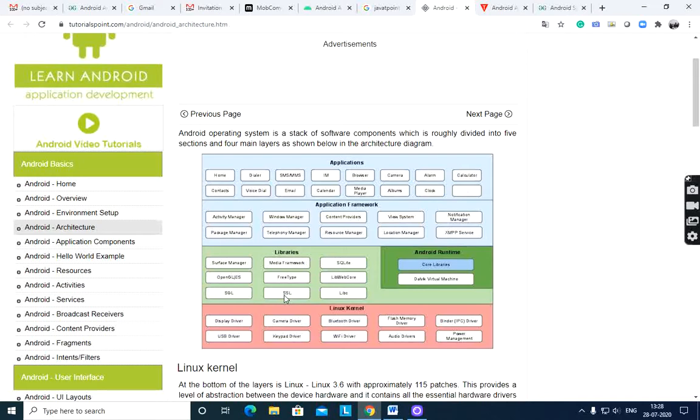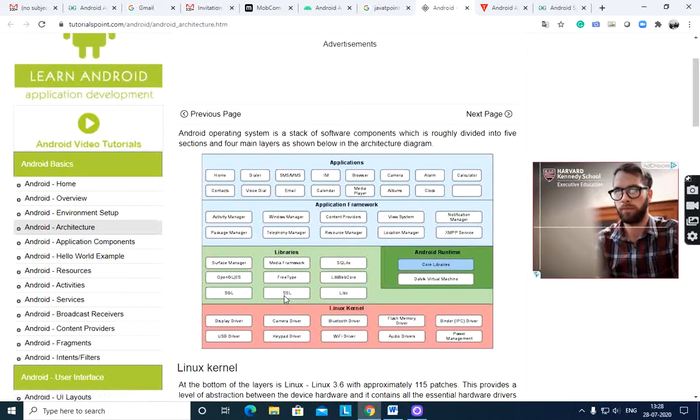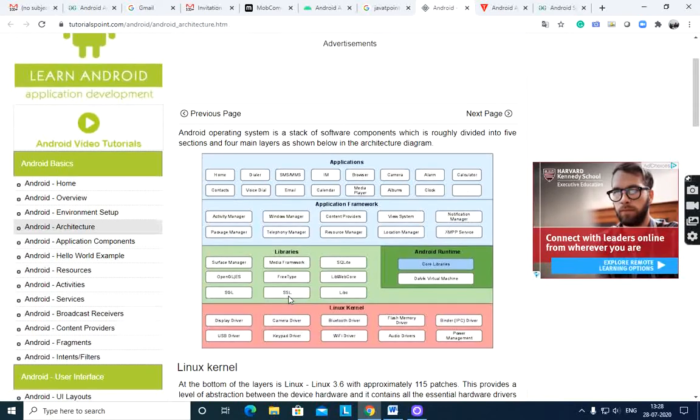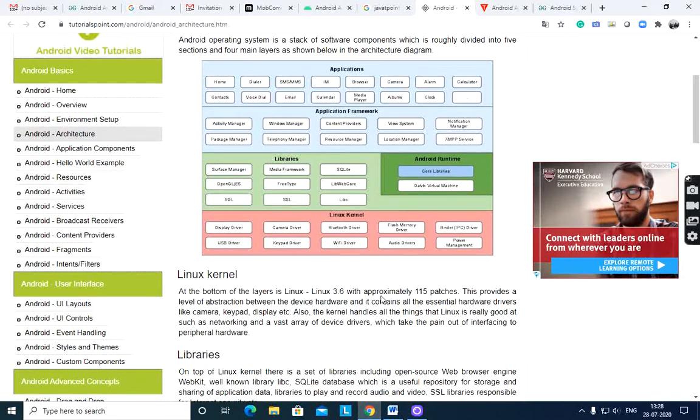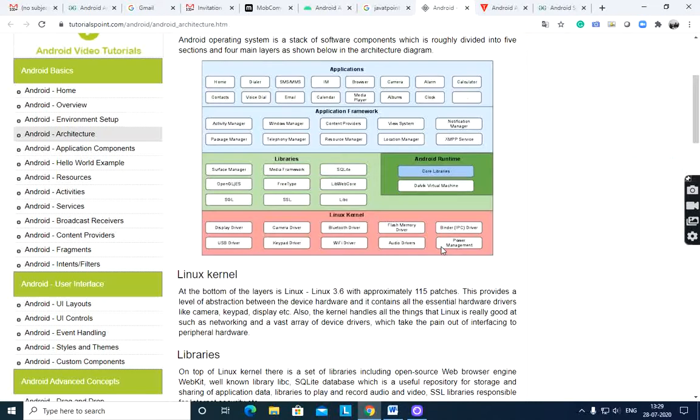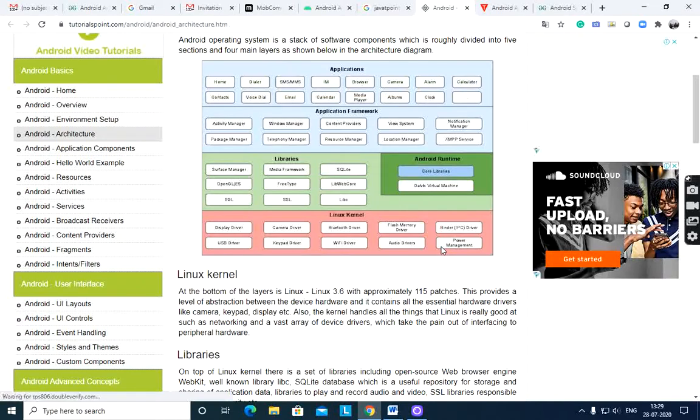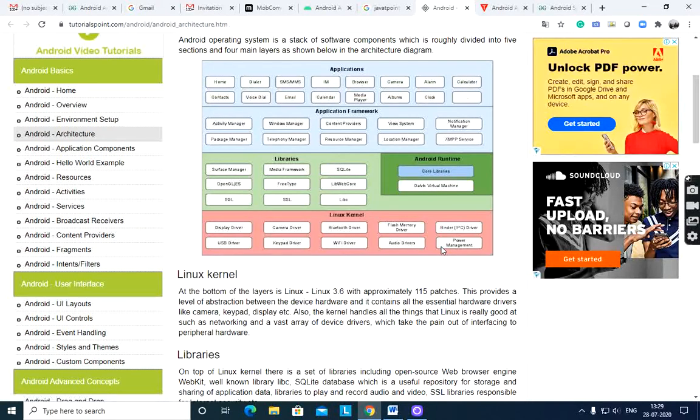Linux kernel is the heart of Android architecture. It manages all the available drivers such as display drivers, camera drivers, etc., which are required during the runtime. The Linux kernel provides an abstraction layer between the device hardware and the other components of Android architecture. It is responsible for management of memory, power, devices, etc. The features of the Linux kernel are security, memory management, process management, network stack, and driver model.